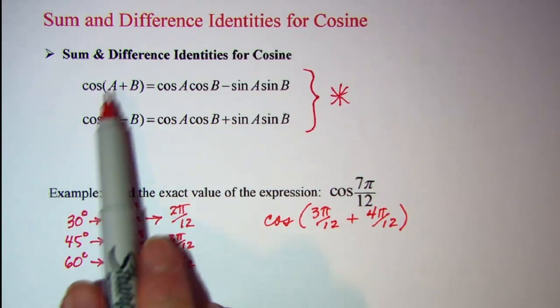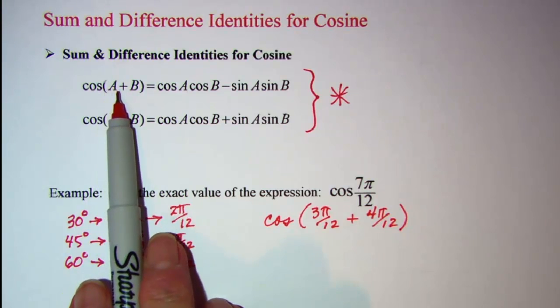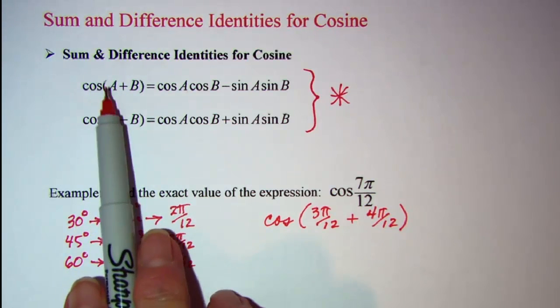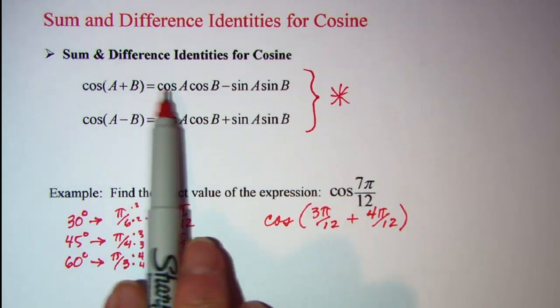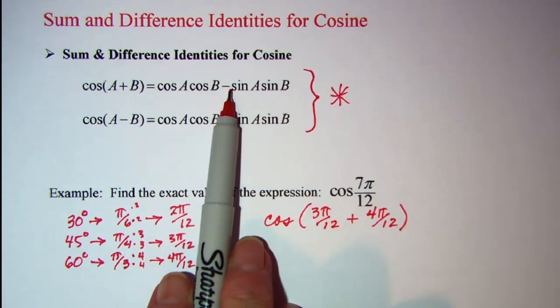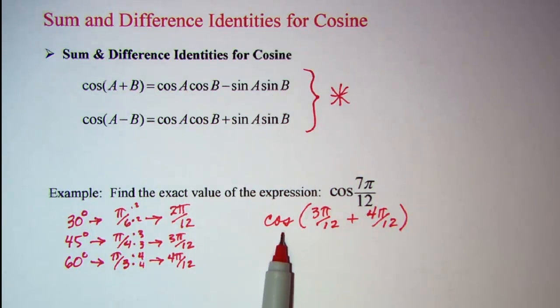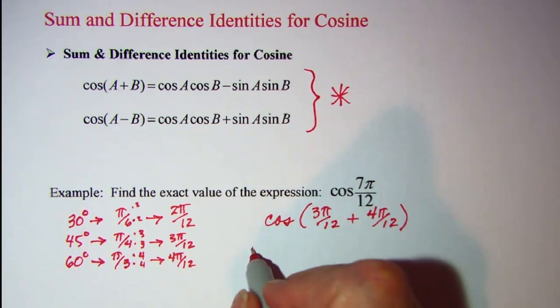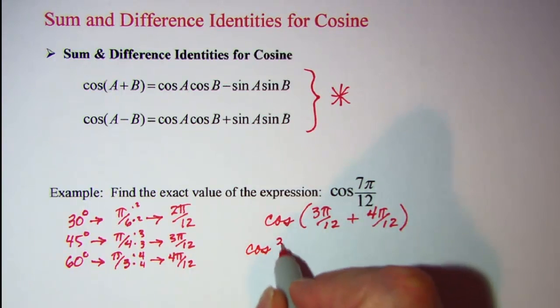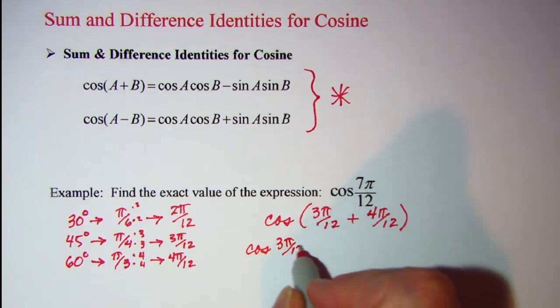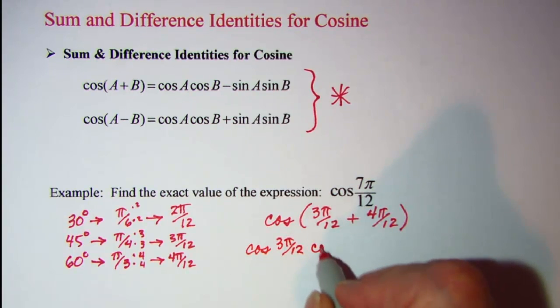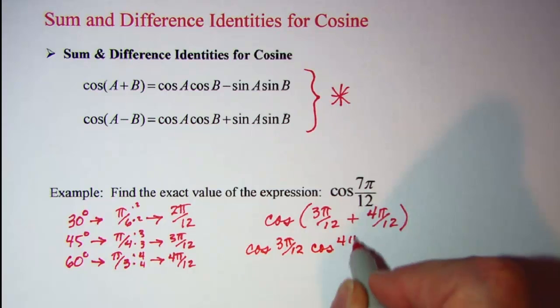Now I know from my identity, the first one here, that the cosine of A plus B is cosine A cosine B minus sine A sine B. So I can use that identity to write this as cosine 3 pi over 12 times cosine 4 pi over 12